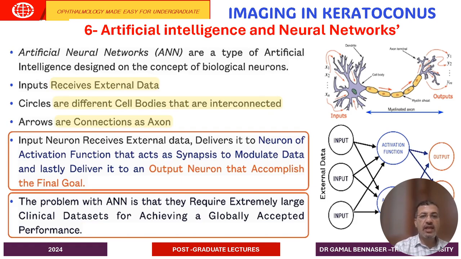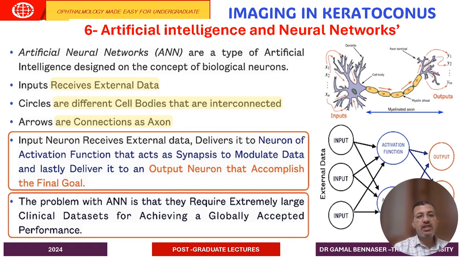So the introduction of artificial intelligence, namely neural networking, has aided doctors to a large extent to classify and diagnose the case, as well as to choose the ideal modality of treatment. Artificial intelligence starts from basic machine learning, to advanced machine learning, and then to what is known as deep learning, or the use of neural networking. It needs all the information of the patient to be fed to the system in the form of pictures, topography, tomography, all the nomograms, and all the indications and contraindications for intracorneal rings or contraindications of cross-linking. All this data should be fed to the